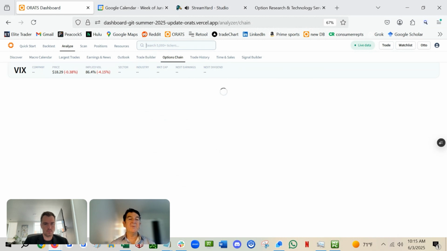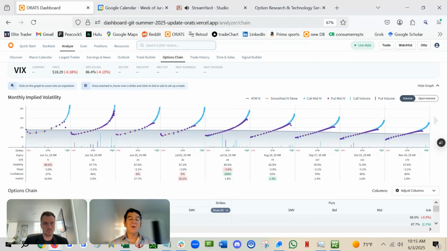So now we're going to the options chain because it gives a good visual. So you can see that the skew in VIX is going up like this. In Apple, anyway, there's a slope. So we bring these in, and here's the confidence that we're talking about. We just bring these in from the monies file. But like for Apple,